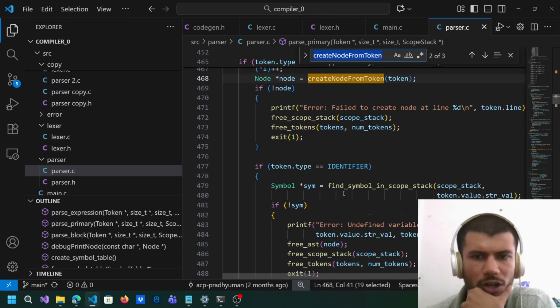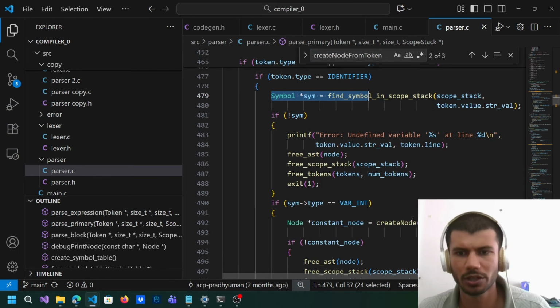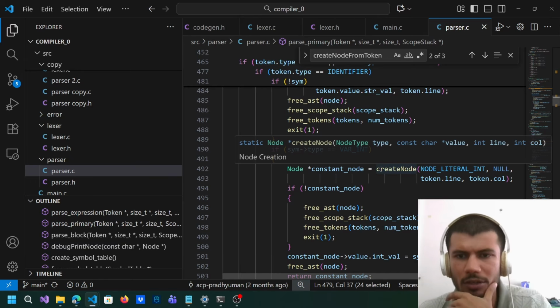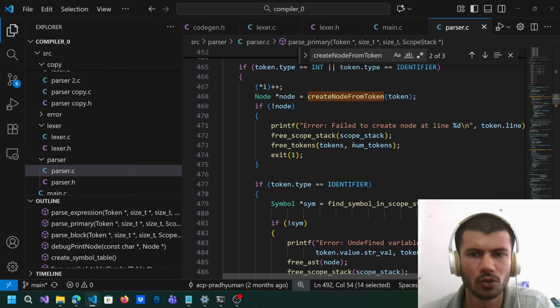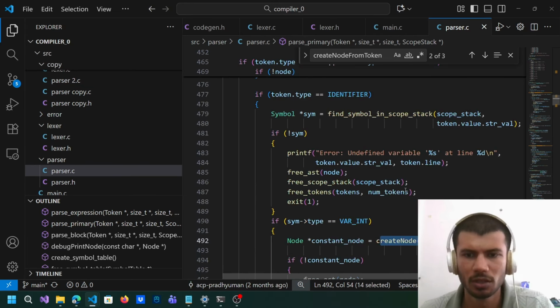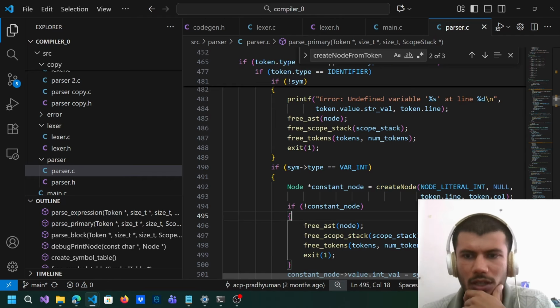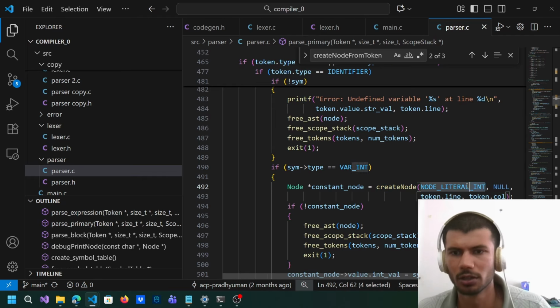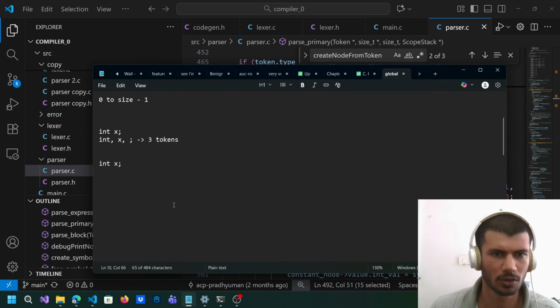Also, if you look at the identifier, after reading it from the symbol table, I'm creating the node directly instead of doing create node from token. This will internally call create node, but here for identifier as well, I'm creating it as an integer literal node. Why? Because see, if you look at